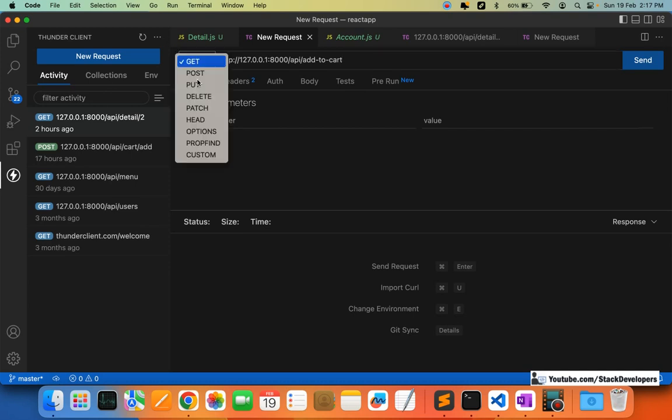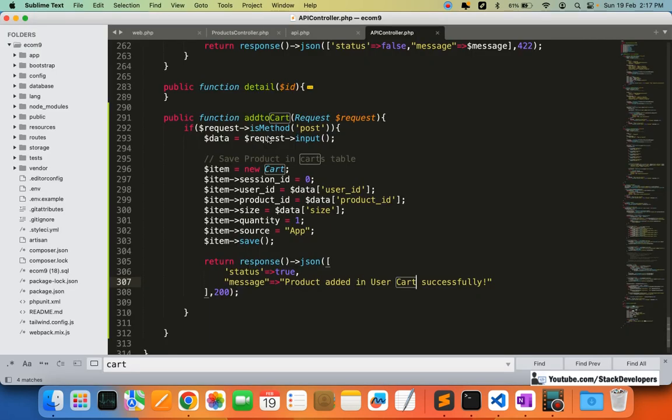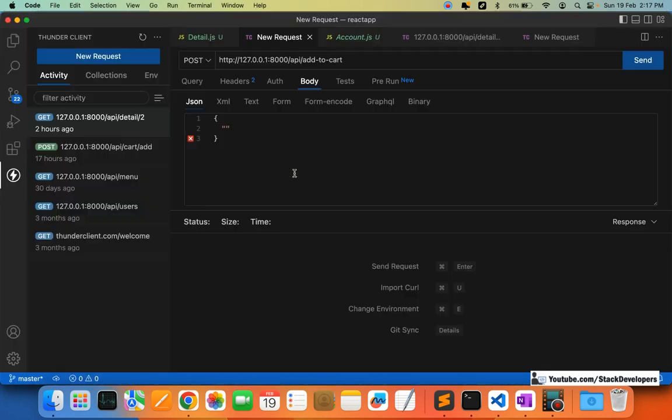Okay, post API, and here we are going to take the data as JSON. So here we are going to take the data, see user ID, that will come from here, whatever user ID, 1. Okay, so the product ID